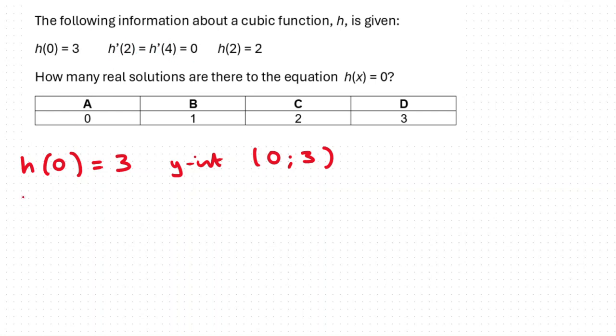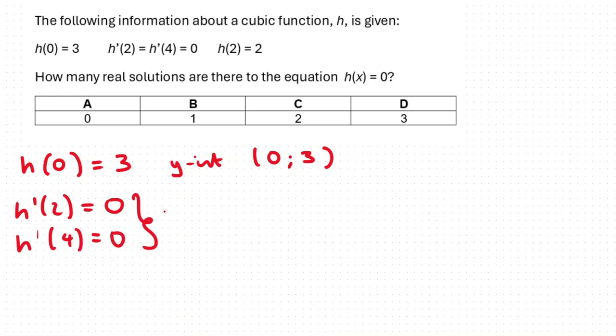This statement, h dash of 2 equals h dash of 4 equals 0. Okay, so h dash is the derivative. Of 2 means at x equals 2. And then if it equals 0, that means that the gradient of the function when x is 2 is 0. And that is true when x is 2 and x is 4. So let's write them separately: h dash of 2 equals 0,